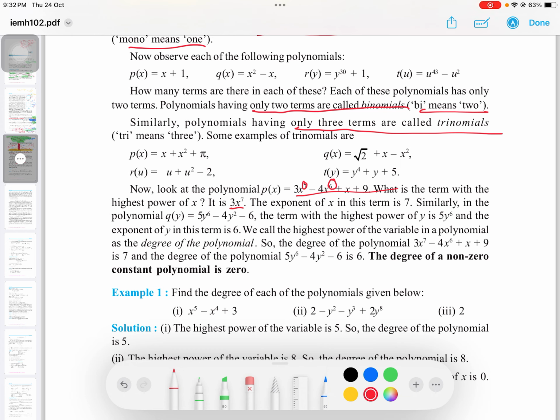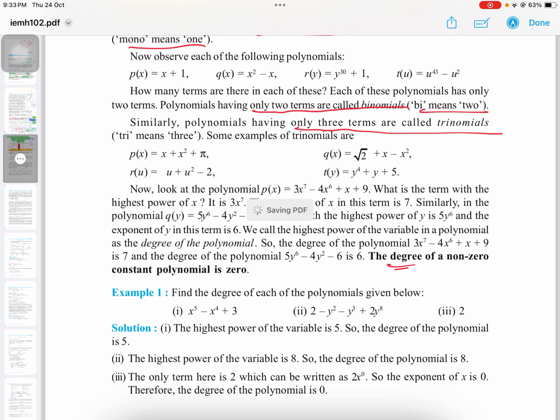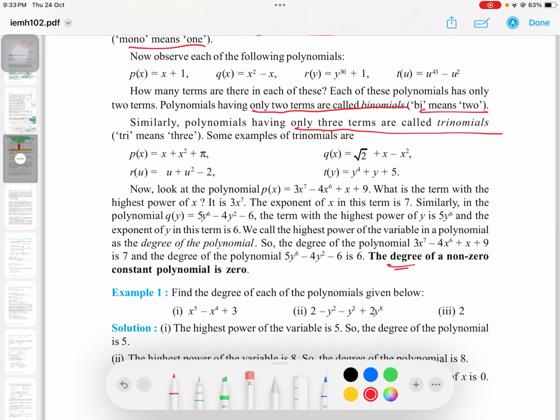So now we are going to learn about the degree. Okay, I got this. So how do you identify a degree? Okay, a degree, in any given polynomial, is literally the highest